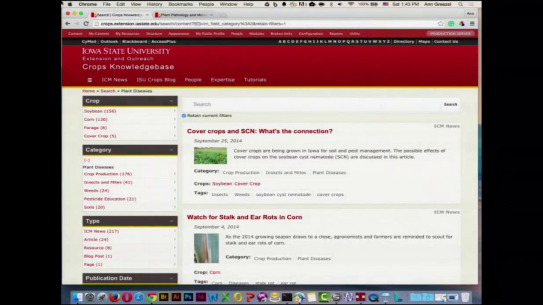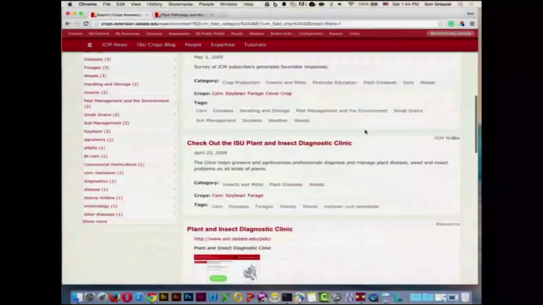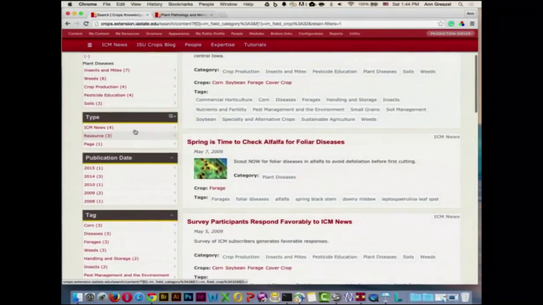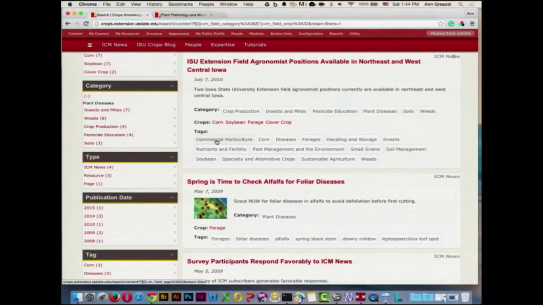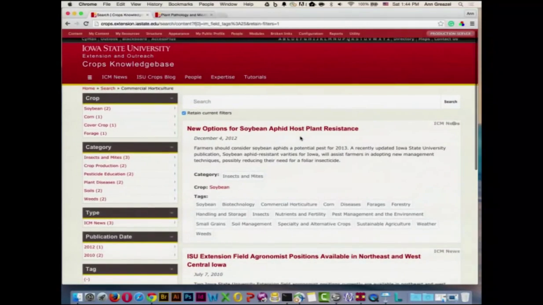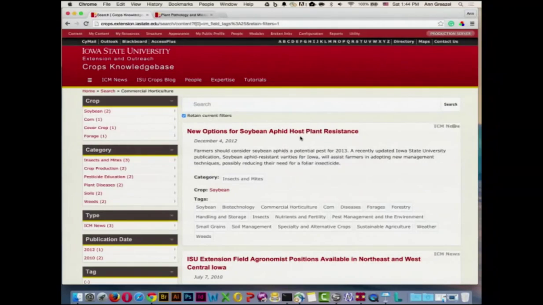We can see just the plant diseases, which is currently selected. So we could see, say, the forage pieces of content that are within plant diseases. And these are also clickable as well. So the tags are there, and you can continue to filter down on a tag, if you want to see just the things that are tagged with a certain tag. So it gives people multiple ways of interacting with the content.